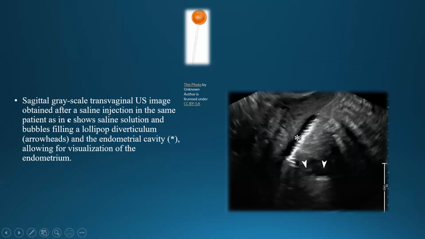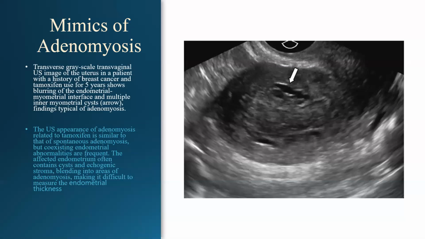After I showed you a gallery of pictures for adenomyosis, there are mimics of adenomyosis. By mimics, I mean similarities to adenomyosis, but it's not adenomyosis. Other conditions cause something like adenomyosis, but it's not actually adenomyosis. So if you see this lesion in this patient, you cannot delineate the endometrium, and you are seeing multiple cystic structures, you need to take a careful history from the patient about what medication she is taking.